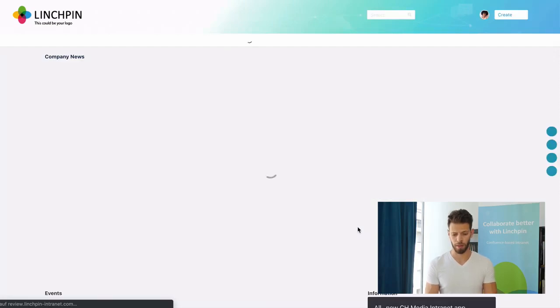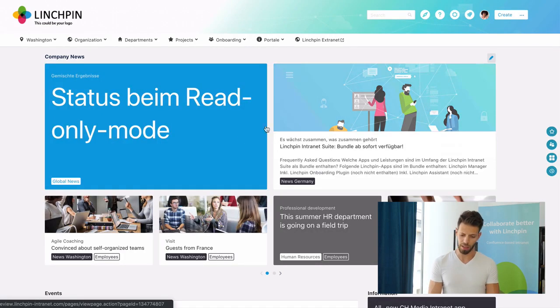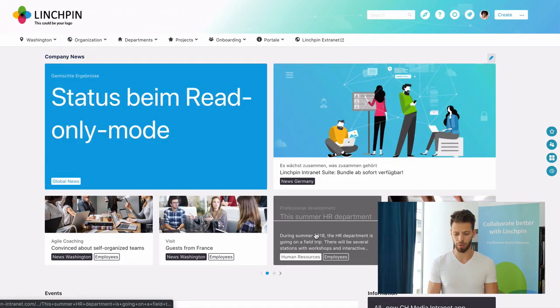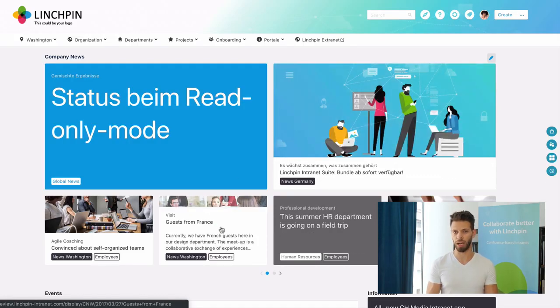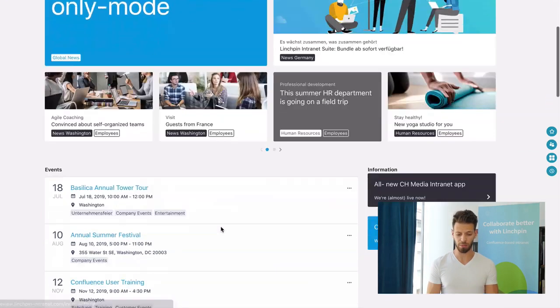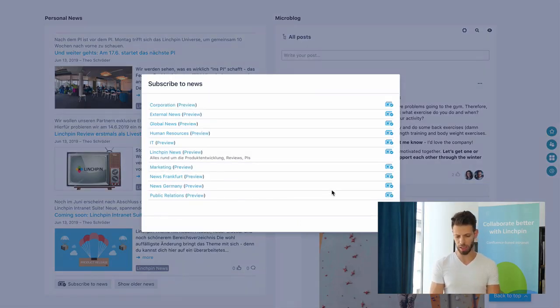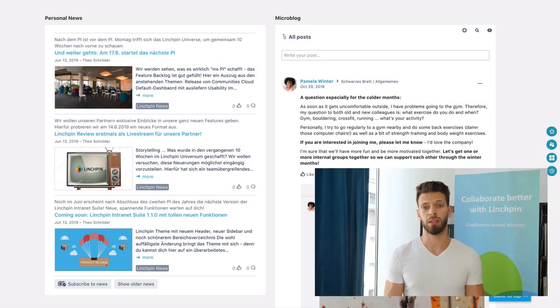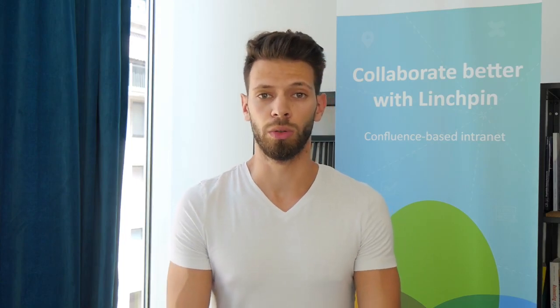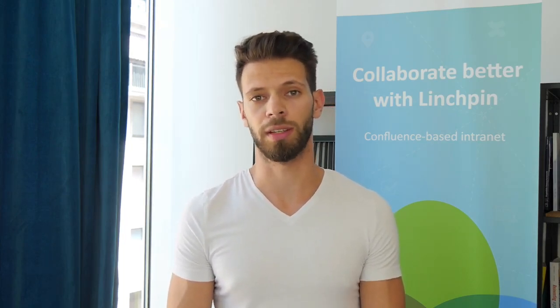my intranet. Obviously, this area right here is about the top-down communicated news which are displayed in the cover stories. The selection I just made will be displayed here in the personal newsfeed macro, which I have added here on the desktop. And if I click on Subscribe to News, you will see that I already subscribed to News Germany here as well. This makes it easier for users to personalize their dashboard and actually get the information they are really interested